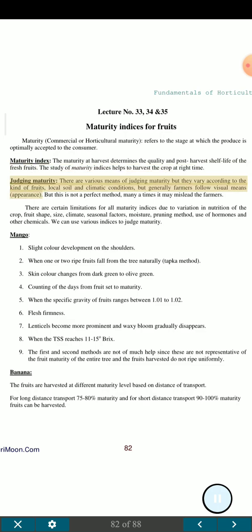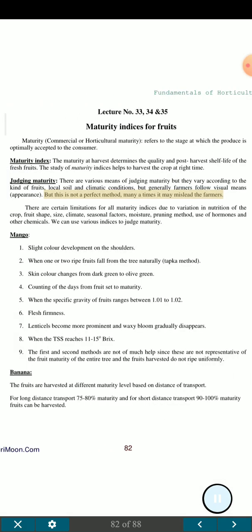Judging maturity. There are various means of judging maturity, but they vary according to the kind of fruits, local soil and climatic conditions, but generally farmers follow visual means, appearance. But this is not a perfect method. Many a times it may mislead the farmers. There are certain limitations for all maturity indices due to variation in nutrition of the crop, fruit shape, size, climate,